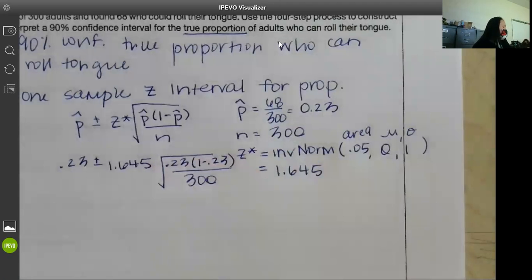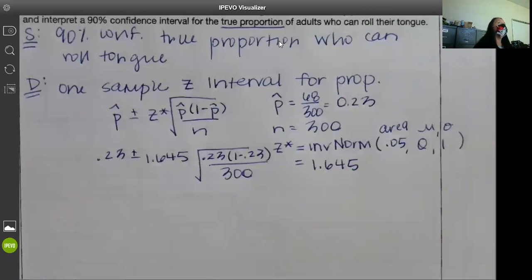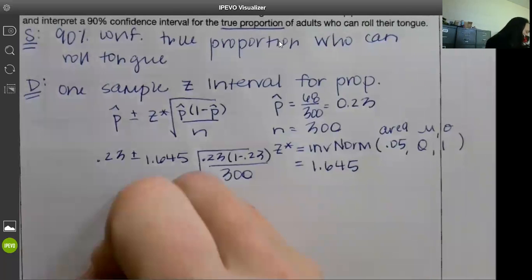Oh, we did. I did not. But we do need to. Sorry. We'll go back and do it. Yeah, I missed the whole plan part. It's okay. It works. We'll go back and do it. I apologize. All right. Your interval ends up being